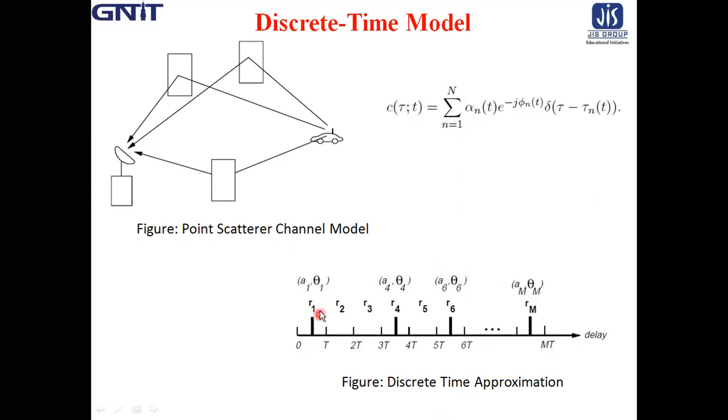Here, these R1 bolts mean the signals are present. That is a binary indicator factor: Rn equal to 1 if there is a multipath component in the nth bin and 0 otherwise. If Rn equal to 1, then A n theta n,